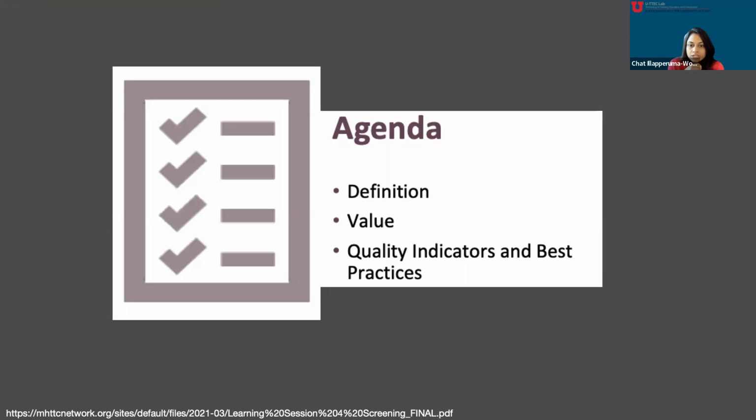The agenda is very short, but there's so much that we can cover in short agendas. We'll talk about the definition of school mental health funding and sustainability. We'll also go into opportunities to secure and leverage diverse funding sources and talk about how to sustain successful school mental health systems. Of course, we're going to talk about quality indicators and best practices of funding and sustainability domains.